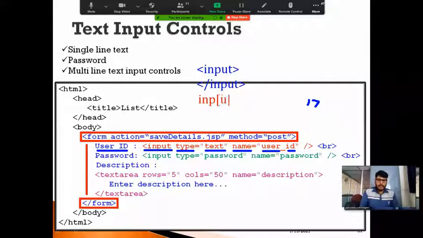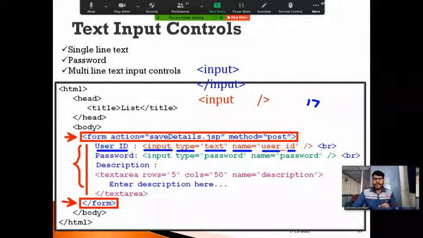The input tag is written like this: angle bracket, input, and after specifying some of the attributes, I close it right there. So this is not a content tag. As you can observe, this form tag is opening here, but it is closing here. In between, it is accepting some content for the form tag, isn't it?